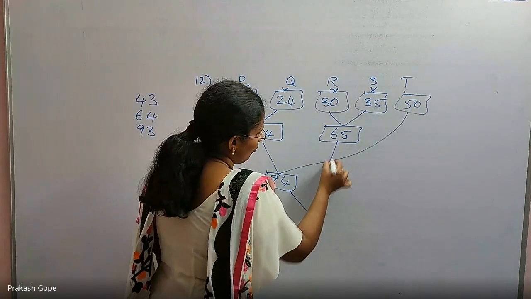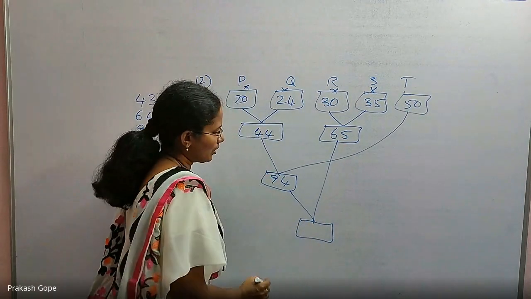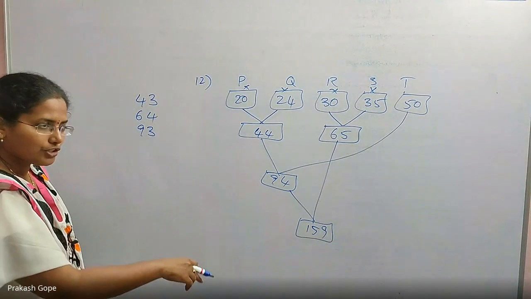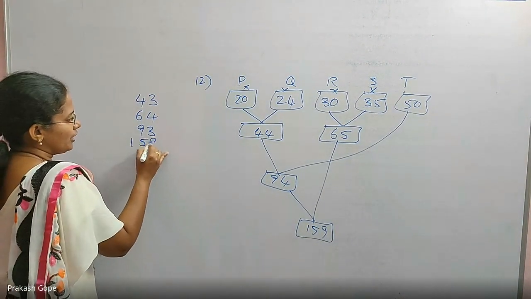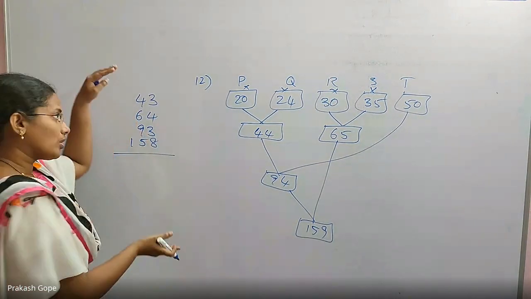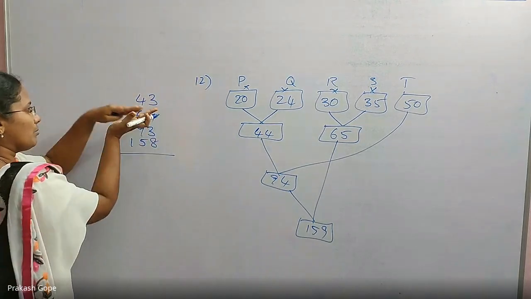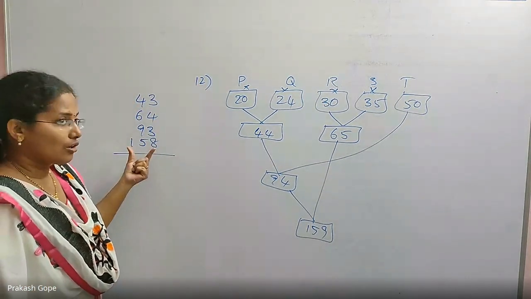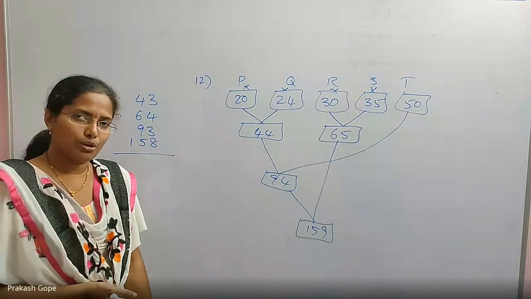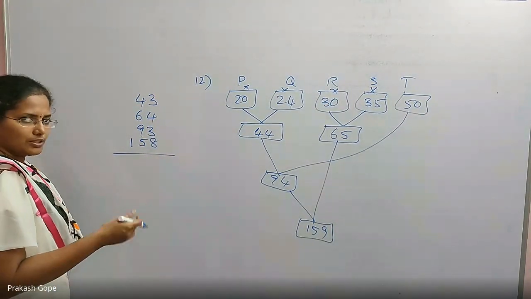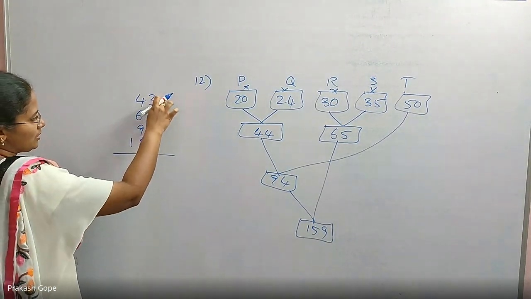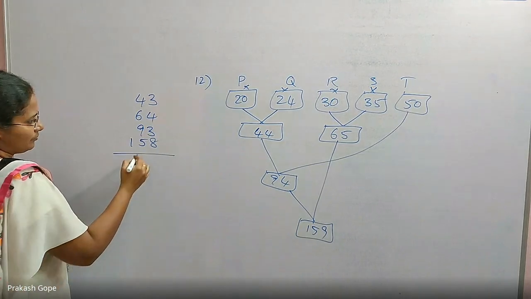Finally, you have only these two files. Total 159 records. Worst case comparisons in that merging, 158, that is m plus n minus 1. He is asking for the total in this entire process, the worst case number of comparisons. So on the whole, not the last one. In this whole process, what is the total number of worst case comparisons? Okay? Yes. 43, 64, 93, 158. Total is 358.